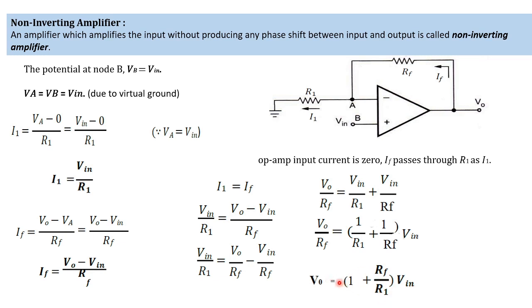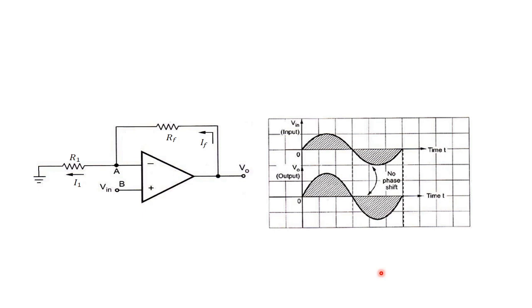Here we can see there is no negative sign. It indicates there is no phase shift, whereas the output is equal to 1 plus RF divided by R1 into Vin. So only the amplification factor, this 1 plus RF divided by R1, is the amplification factor for the non-inverting operational amplifier. From this diagram we can see both input and output are in phase with each other. The output is amplified with respect to the proportionality concept, that is, an amplified gain due to RF